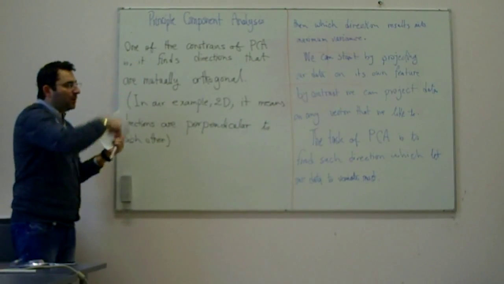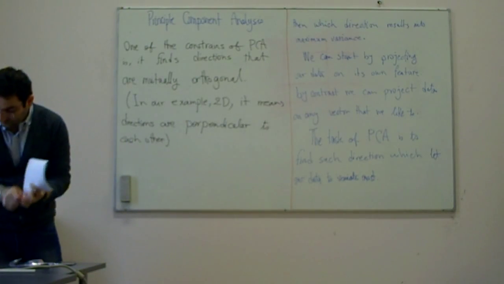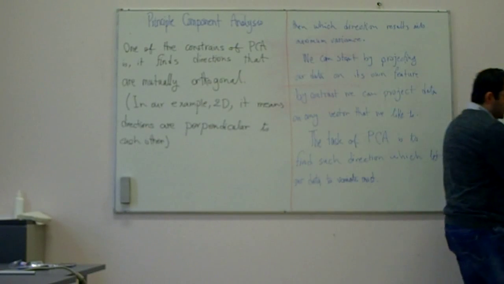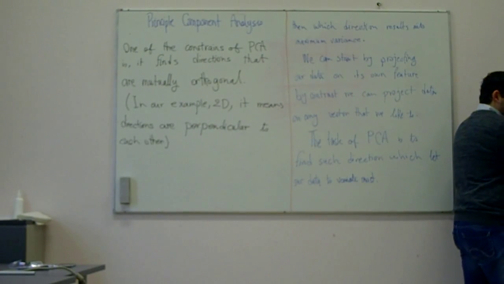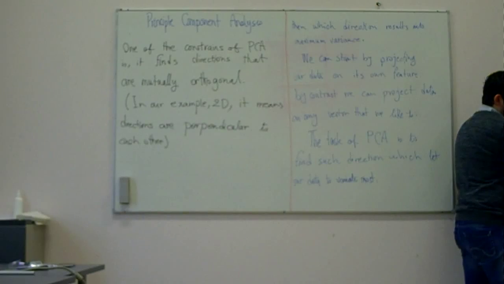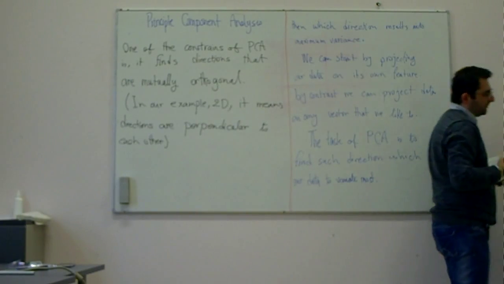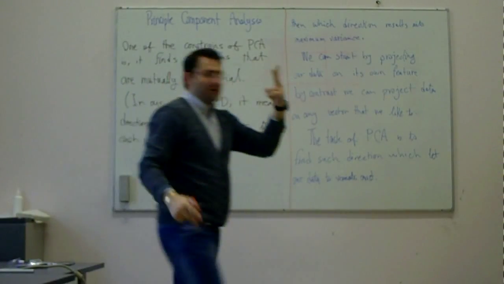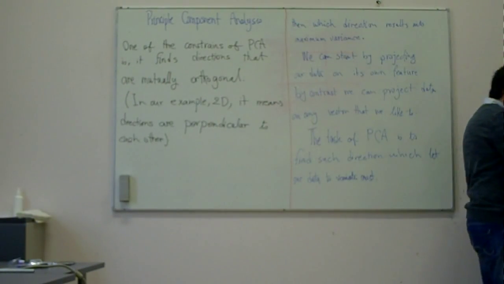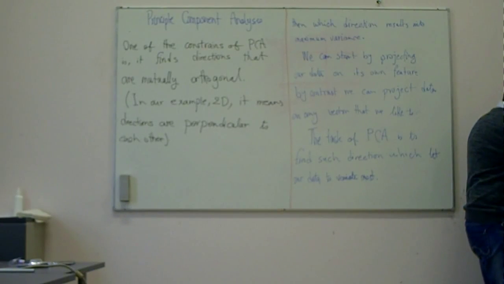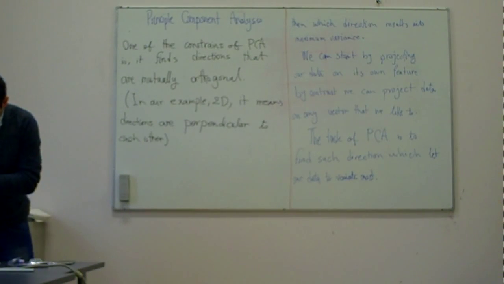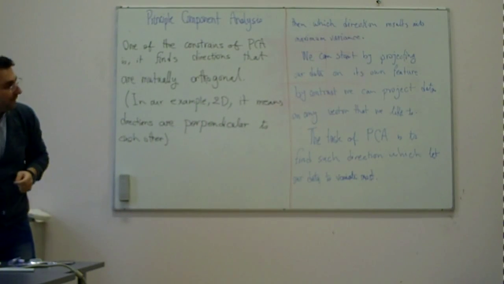So, the blue line is the first, and the second one is perpendicular to this, and it will be, let's say, this one, the orange one. Because we have two features, we will go to another two features, and these ones are perpendicular to each other. So this angle is 90 degrees. The first one, the blue one,